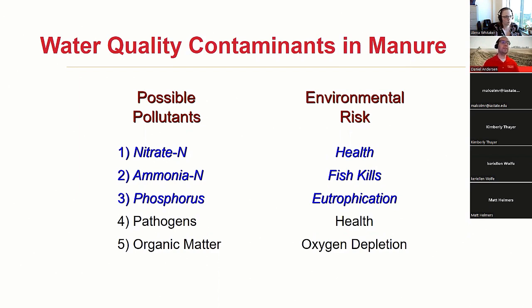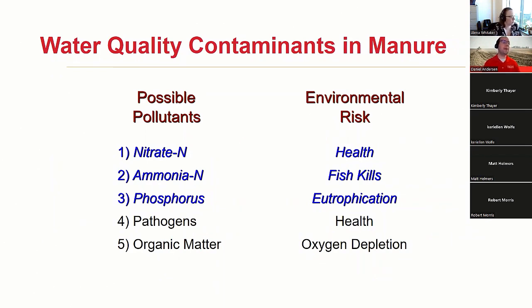But when we put it out into our field, when we try and utilize it as a fertilizer, we might lose some of it as ammonia to the air, maybe a little bit as ammonia moving with some water. But a lot of that nitrogen, especially with some of our management practices where some manure can get applied a little early in the fall, we have a chance to make nitrate, and we're going to lose some of that nitrate down to our tile drains. Now, that's not a situation that's unique to manure, but I do think manure presents maybe higher application rates. And I think we'll talk a little bit about why, but that might be partially due to a timing challenge.